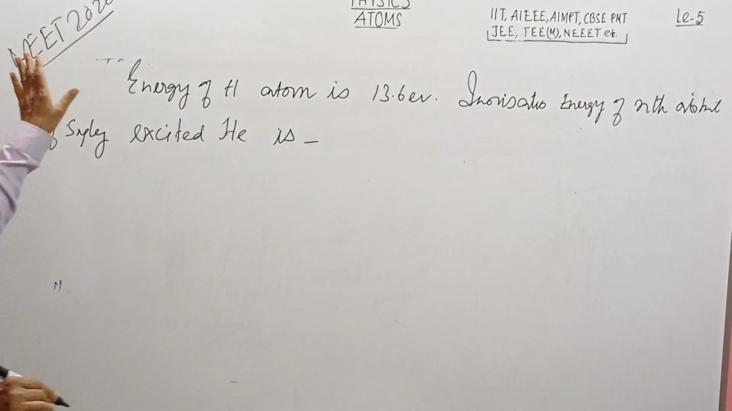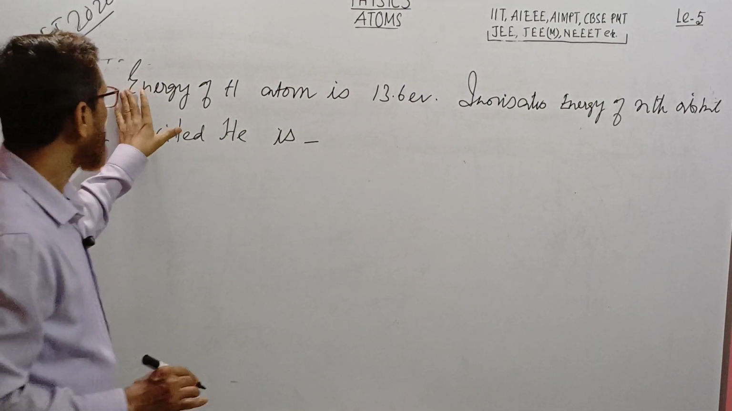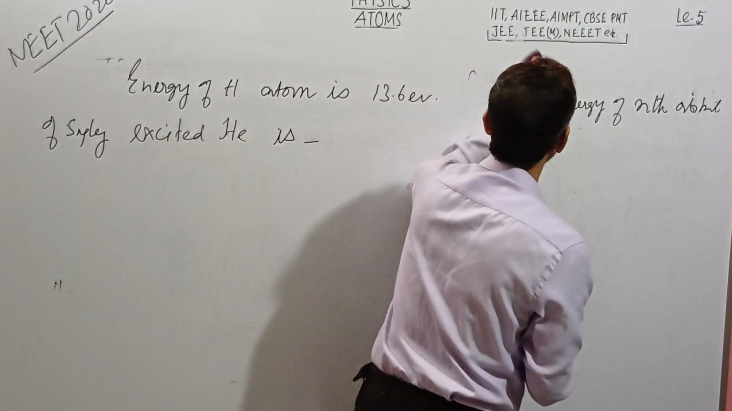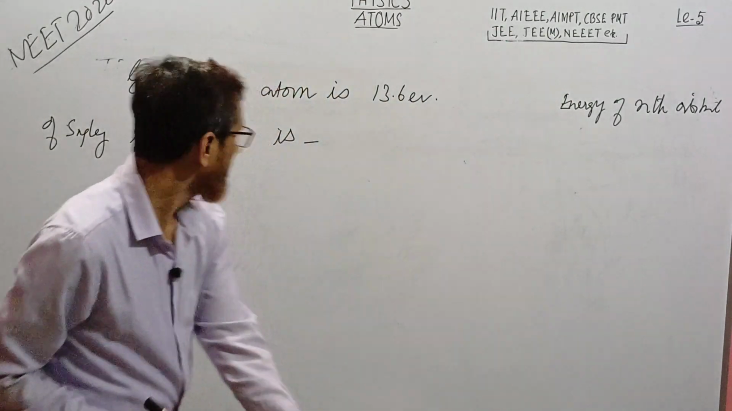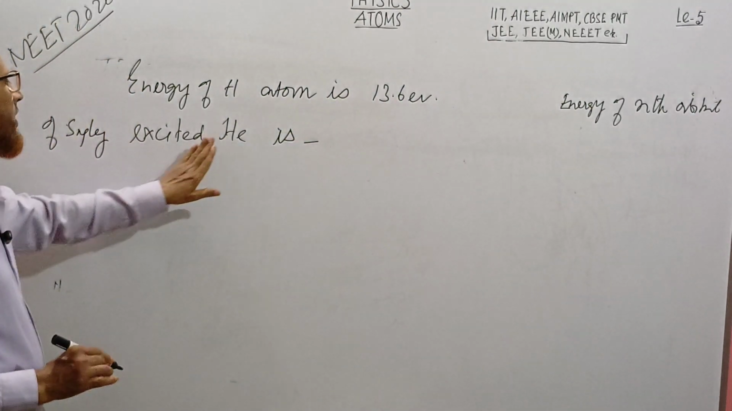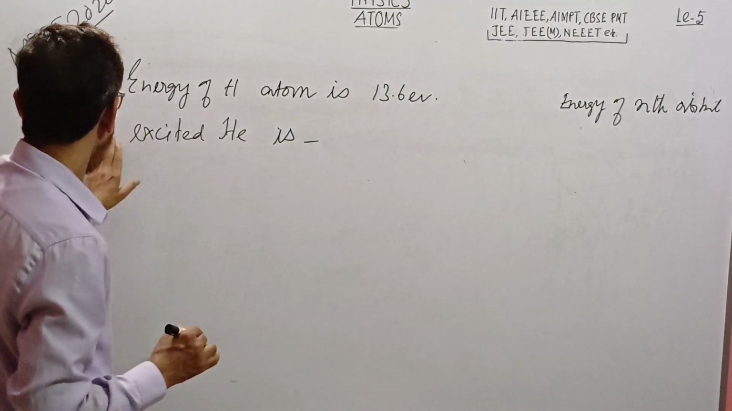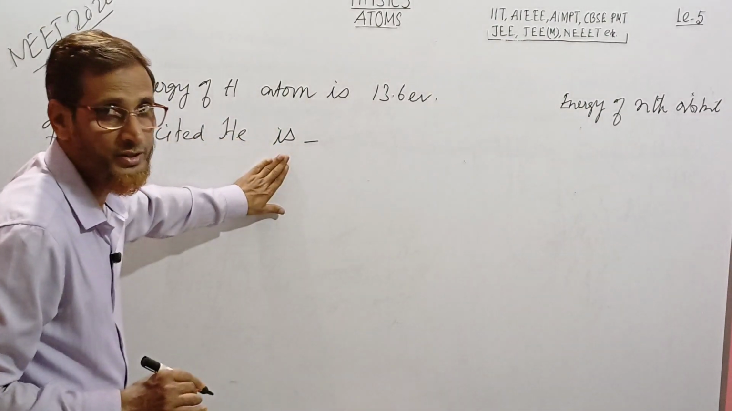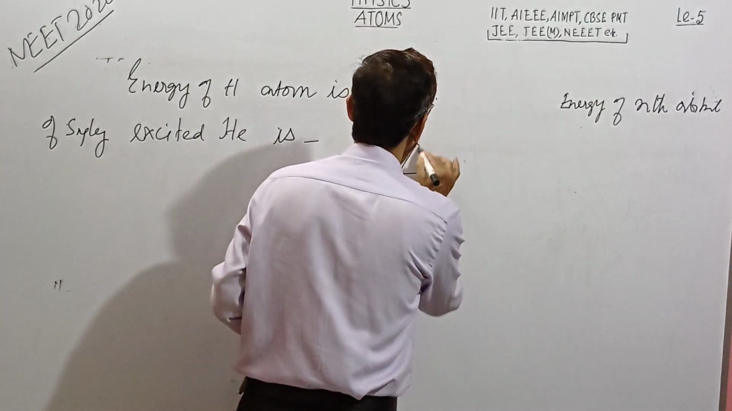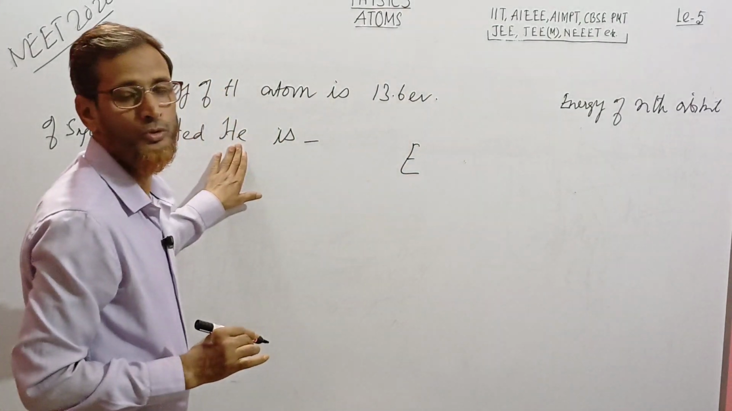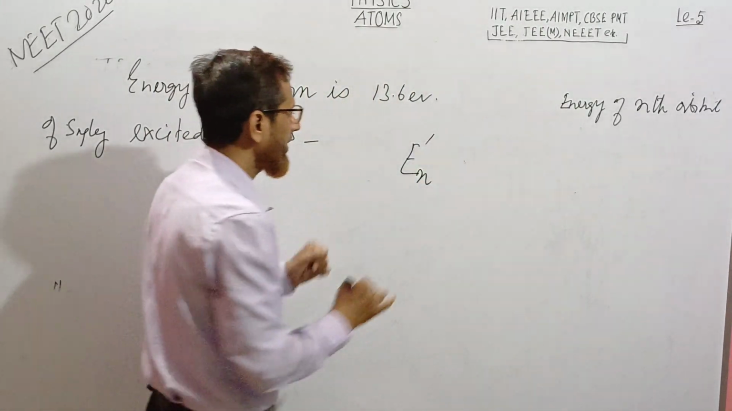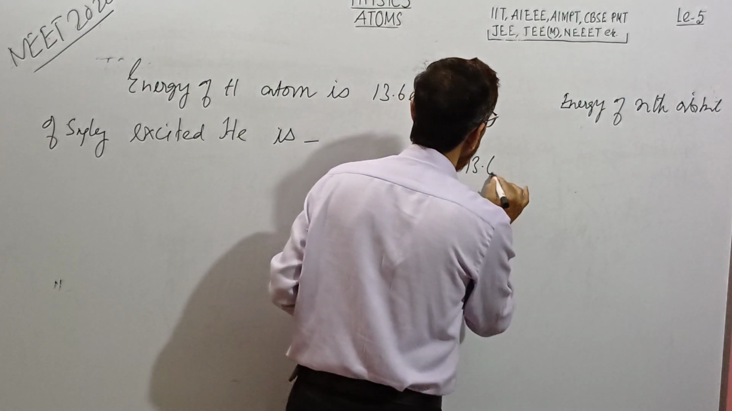Which is again asked in CBSE PMT. Energy of hydrogen atom is given, ionization energy of nth orbital. The question is, energy of hydrogen atom is this much, find the energy of nth orbital of singly excited helium. Singly excited helium is the target. So the energy of helium we don't know, we need to find out. So that energy, say En, is equal to 13.6